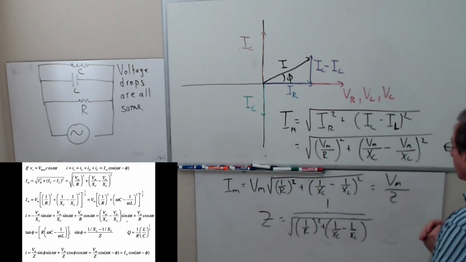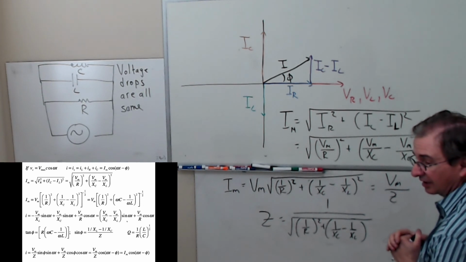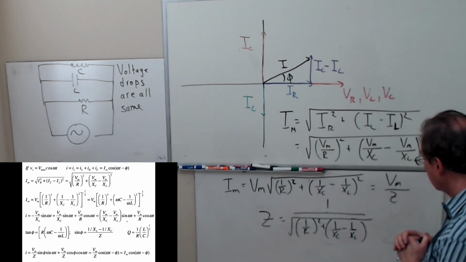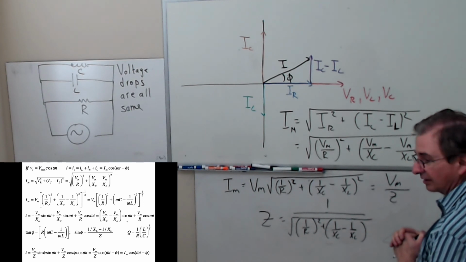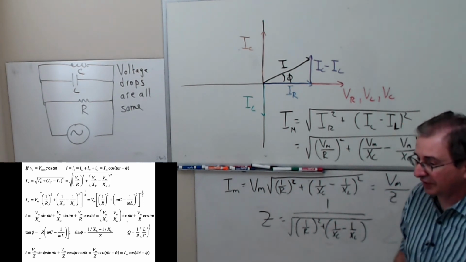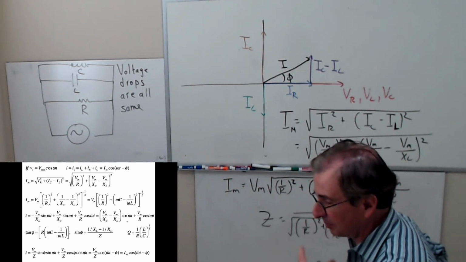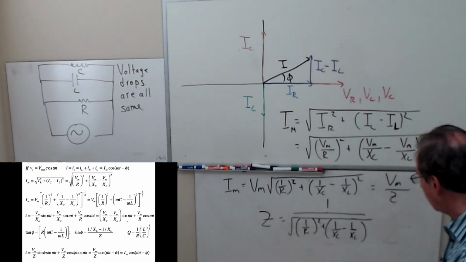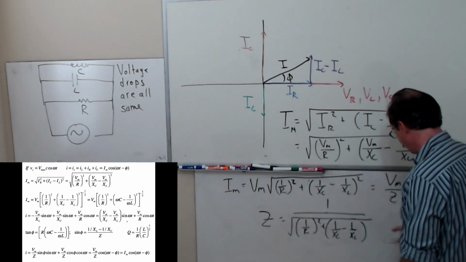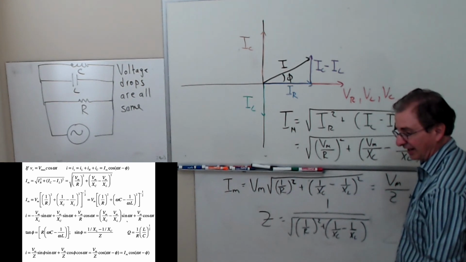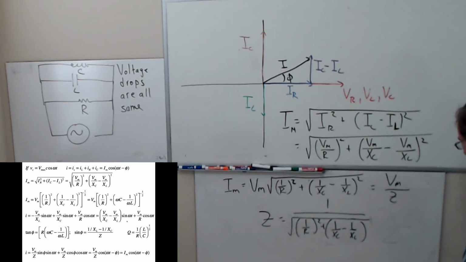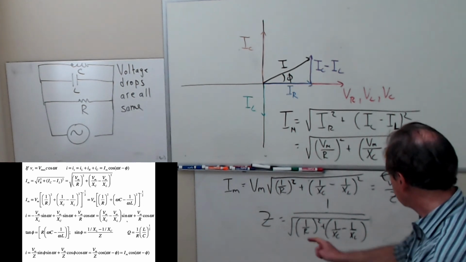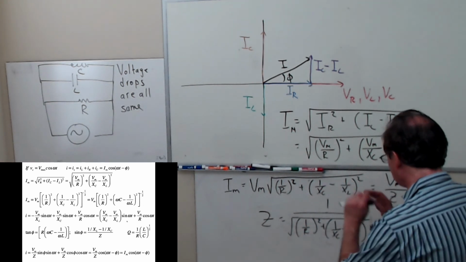It's to the negative 1/2, right? Yeah, but if you look at the equation above it, it's not to the negative 1/2. It's to the positive 1/2. I see. Yeah, and I messed that up. I got to correct that. Sometimes after 2 or 3 times teaching it, I notice the mistakes. So that's Z, and really what I was trying to do is write it in terms of Z like that. So Z is that stuff to the minus 1/2.